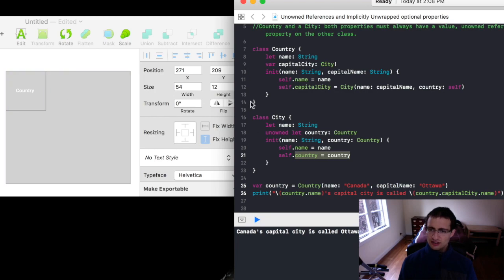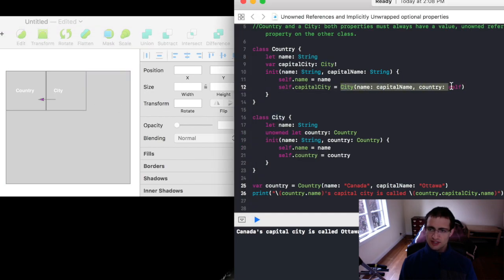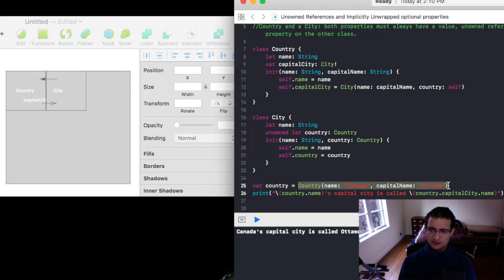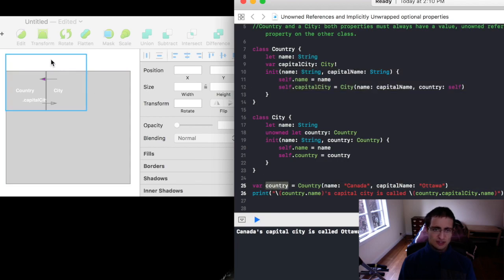So then a city instance is allocated in memory, and the city has an unowned reference to the country after the instantiation of the city is complete, and the capital city references the city. Execution jumps over here, so we have the country fully instantiated, the initializer has run its course, and it's given the name country. So